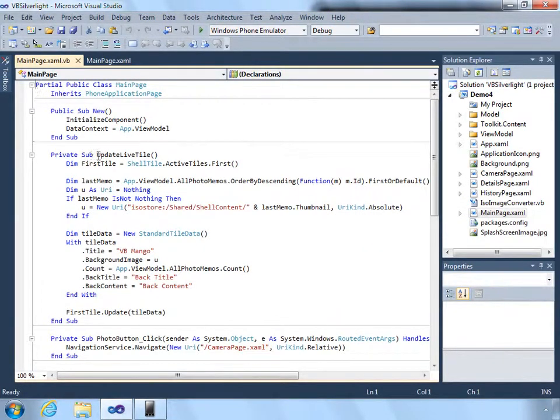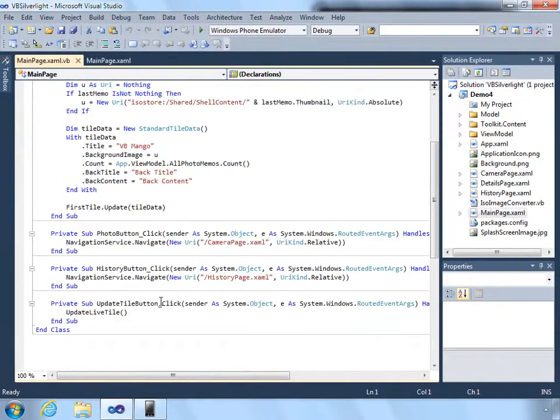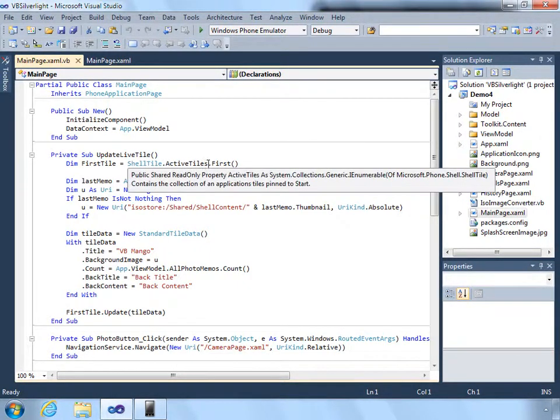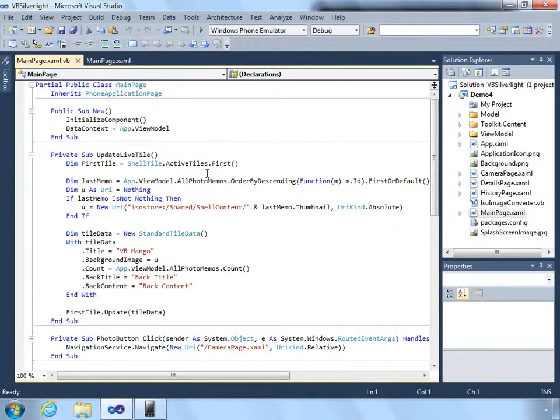What I've done is I've created a method called update live tile, and this is what gets called when you click that button. First thing it does is it looks at the shell tile objects collection, active tiles. And the reason it's a collection instead of just a live tile object is because an application can have multiple live tiles. A news application might use this for a specific live tile per category of news. We just care about the first one, and you will receive a first back even if the user hasn't pinned